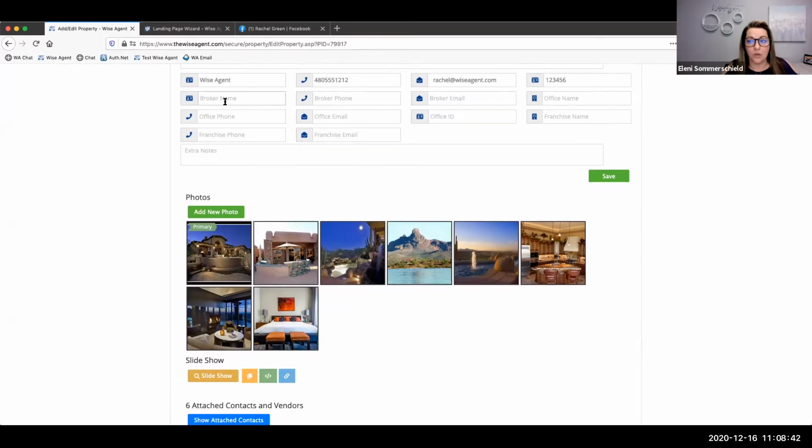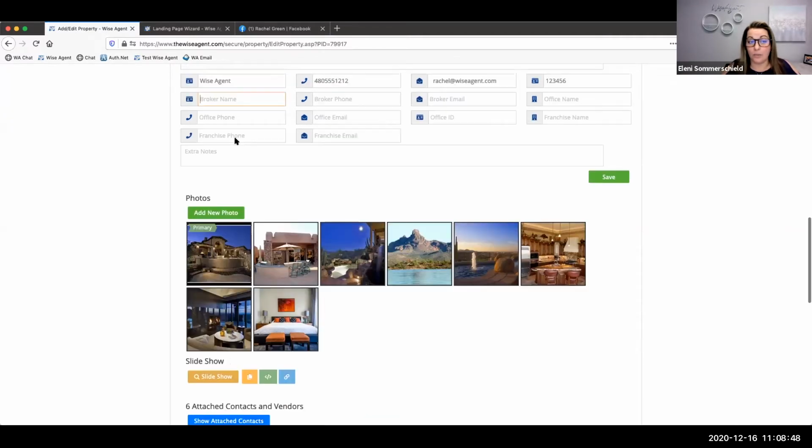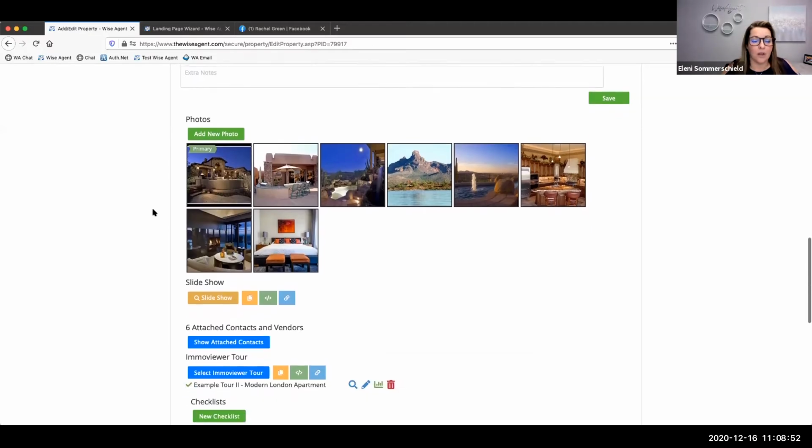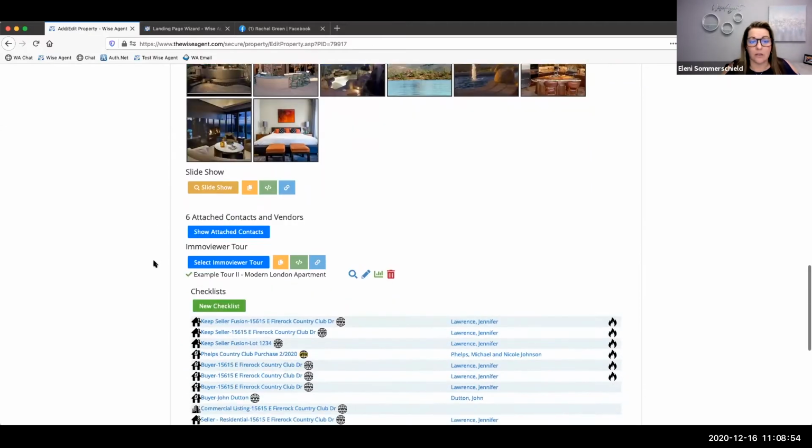And so you can put in the broker's information here. There's even a spot where you can put all of that information about the listing agent, if it's other than yourself, which is great. And then of course,